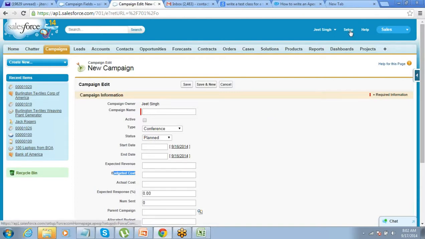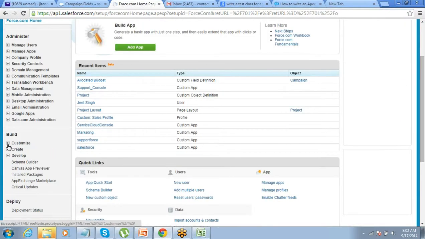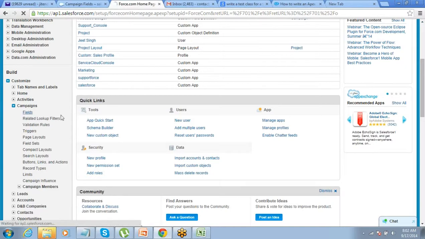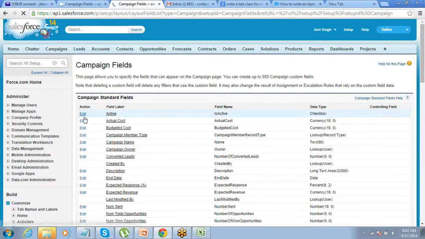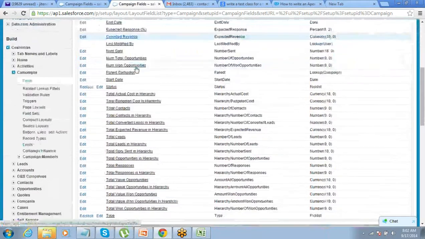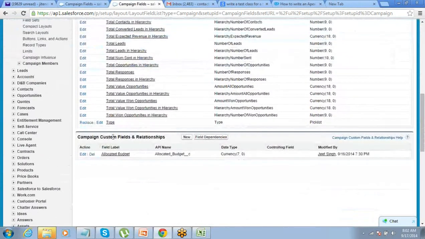So if you go to setup, customize, campaigns, fields, you will see campaign standard fields, which are all the fields already there. Campaign custom fields are the fields that we have created.